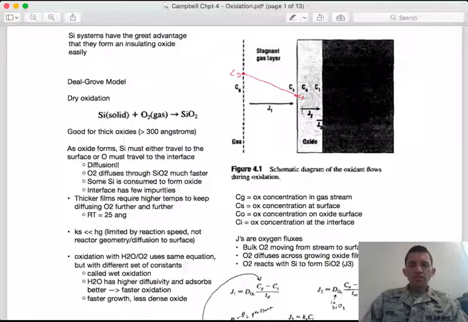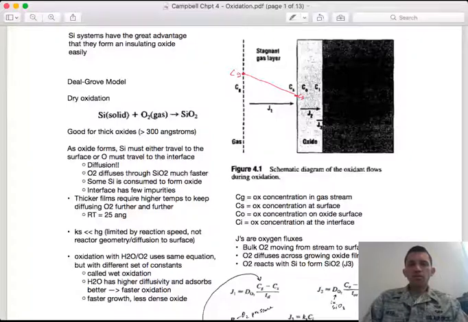But since this is a diffusion process of the oxygen through the growing oxide layer, as the process continues, right, the oxide layer is getting thicker, which means that the oxygen will need to diffuse further. And so